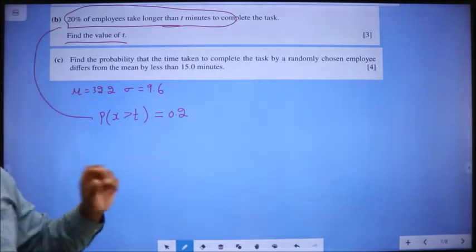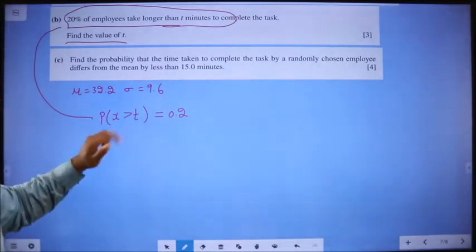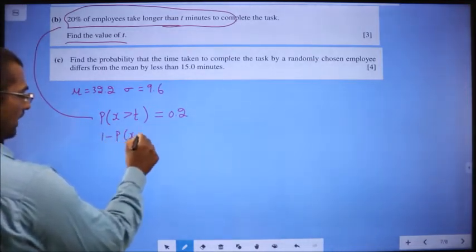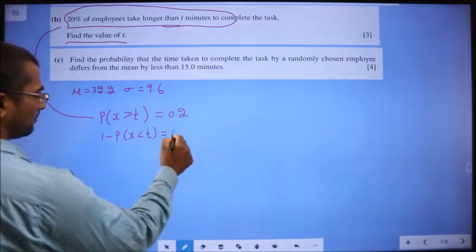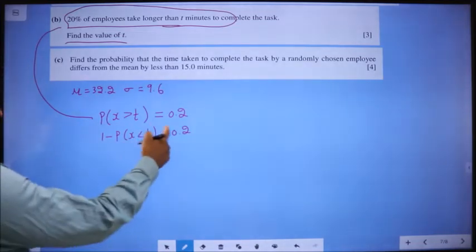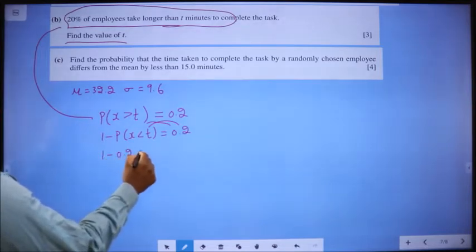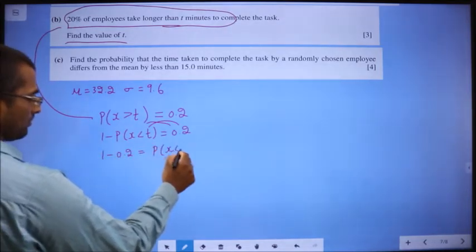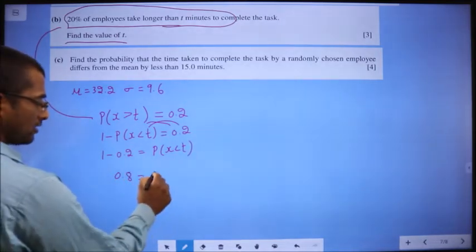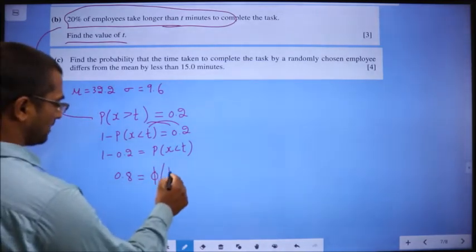Now we solve to get the value of T. Directly phi cannot come, so I need to make this a less than symbol. For that, what we do: 1 minus P of X less than T is equal to 0.2. All numbers to one side, so 0.2 is coming here, P of X less than T is going to the other side. So this is 0.8. Here it is less than, so I can bring phi now. So it is T minus